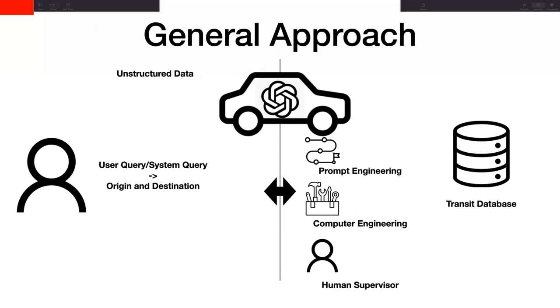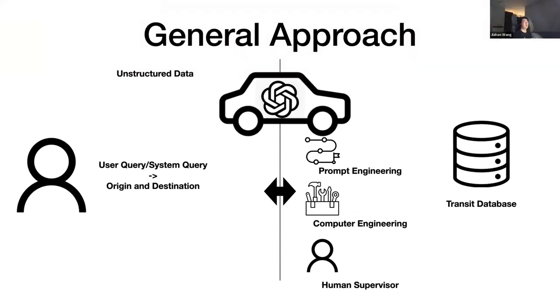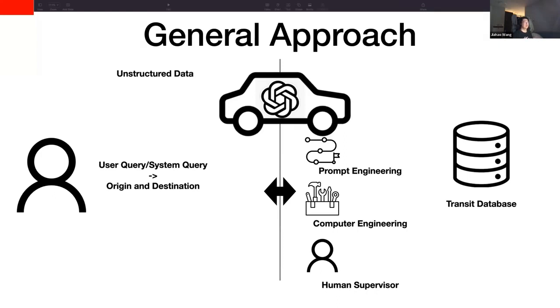Before we start, I just want to give you a general overview of the approach we have used. Here we take the large language model as a vehicle that can transfer information between the user side and the data side, which on one side is unstructured data, and on the other side is structured data. But the large language model cannot do this work on its own, so we have to give it some other tools to use. The first one is prompt engineering, which can be seen as a roadmap. It can guide the large language model to transfer in the right way and get high-quality answers.